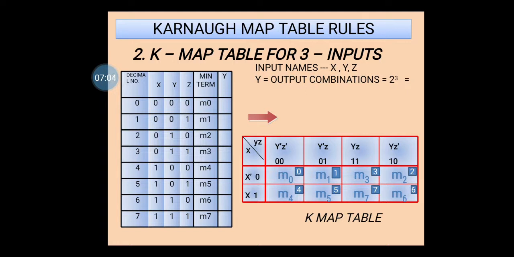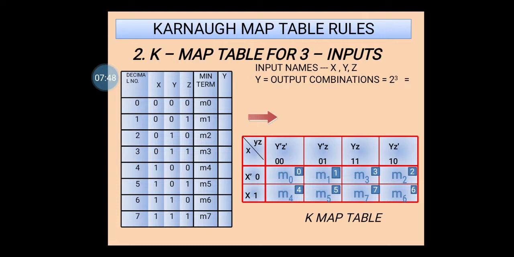It is because in the next step, when we want to compare, we are supposed to compare the rows and columns. At that time it is very necessary, because for every row and column which you are comparing, one of the bits should be common, and that's why the arrangement is made. This is what you have to remember here. So you have to check YZ 0 0, 0 1. Then the binary number coming is 1 0, but that 1 0 you have to replace with 1 1. So 1 1 will come first and then 1 0. And X as it is, X can be 0, X can be 1. And then you have to form the table.